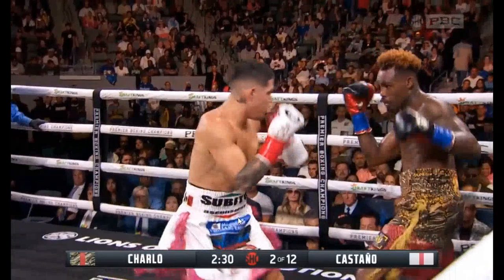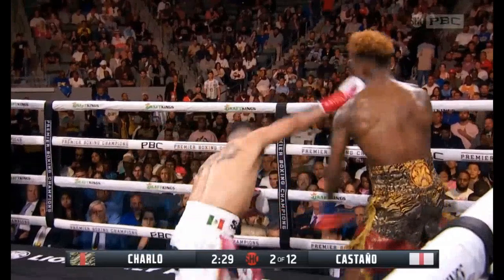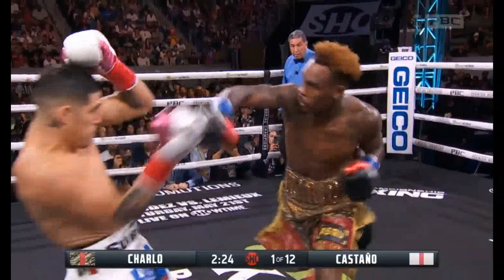And this is very, very early into the fight. This is very, very, very Amir Khan level of skill, right? Amir Khan was really fast. It took some time to set that shot up. But here's Castano doing it in the second round, and it's not even the first time he's done it. So very, very